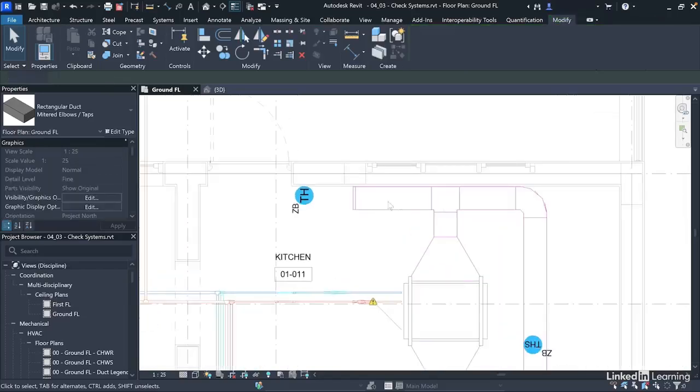So let's say that's where the duct or pipe ends, and there are some designs where you have ducts or pipes like this and it's still open. So you can always select the duct or pipe and you can cap open ends. So that's also another use of this tool.